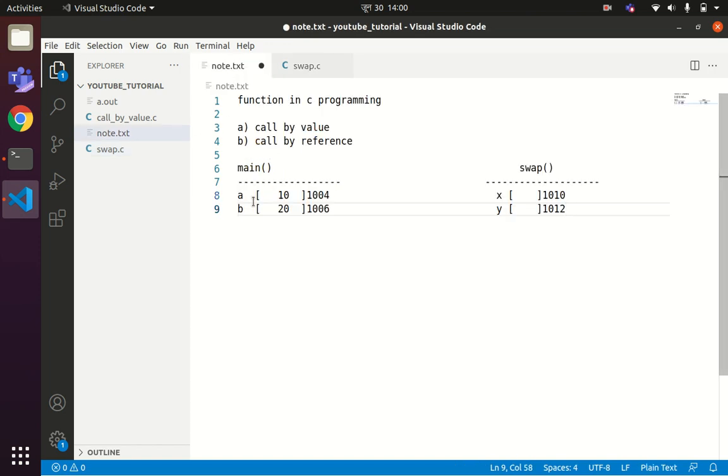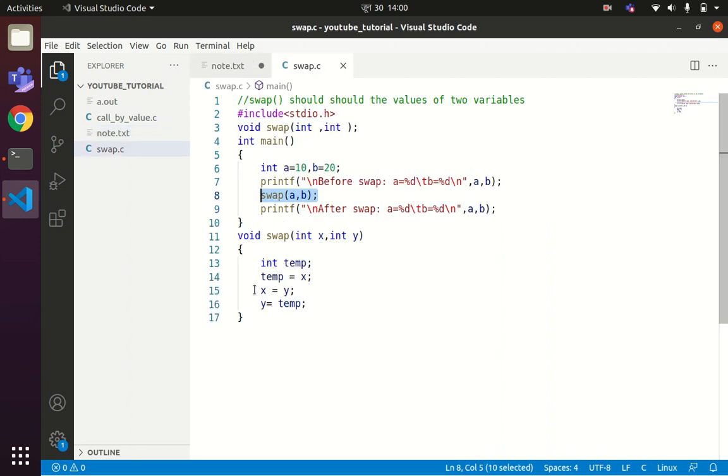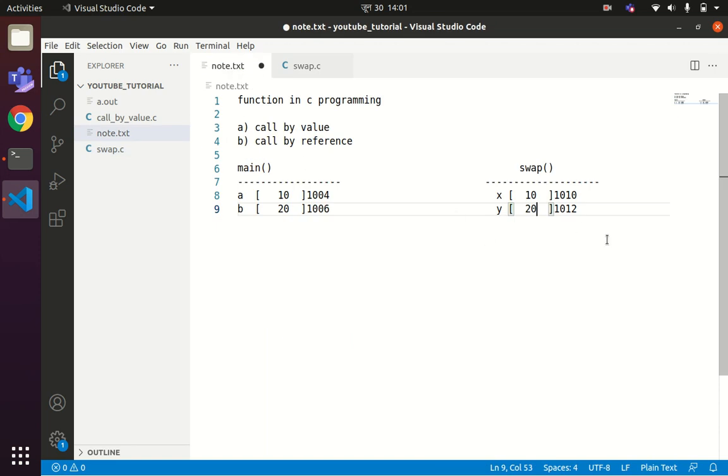Now what happens, these values will be assigned: the value 10 will be assigned into x and the value 20 will be assigned into y. So we write here 10, and in this case we'll write here 20, right? Now when the control passes to line number 11, all the swapping operations are done for the variables x and y. So when the swapping action is performed, we will have at the end x equals 20 and y equals